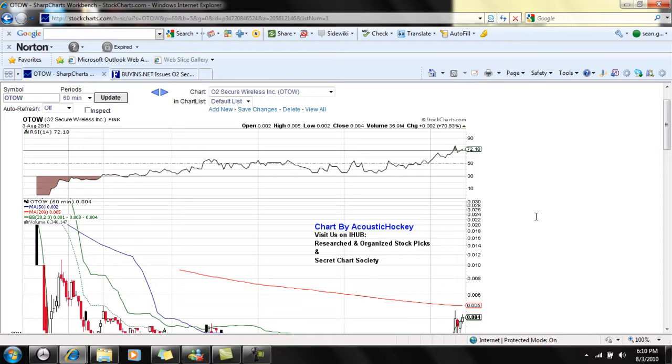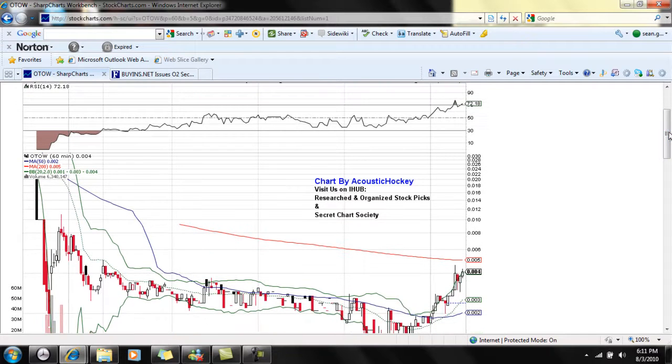I'm using the 60-minute chart because I think it's a better indication of the current run that is happening versus doing a daily chart. So looking at the first indicator, we're going to take a look at the RSI. Right now, the RSI is about